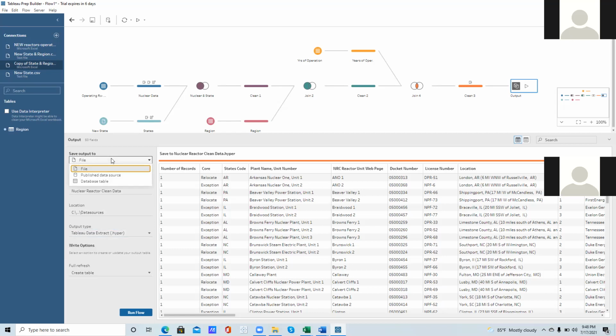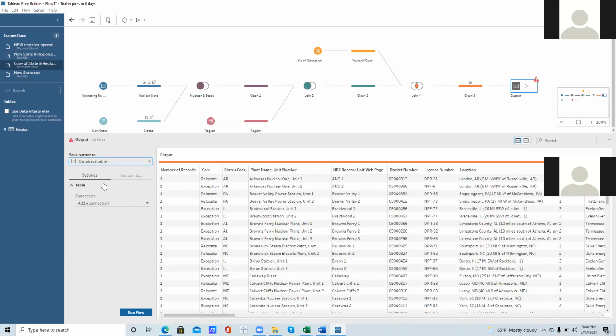and go to database table. Now, if you go to connection, add connection there, you see all types of databases that you can write to: Amazon Redshift, Google Big Query, Microsoft, MySQL, Oracle, and so on, depending on the database that your company is using. So understand this simple logic. But in your interview, let them know that you can write your data to any kind of database.